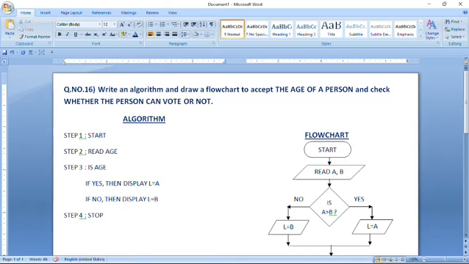If you have given age, the same variable you have to give here: is age greater than or equal to 18, question mark. If you have given only A, like you have mentioned here also one letter A, then you can write here: is A greater than or equal to 18, question mark.